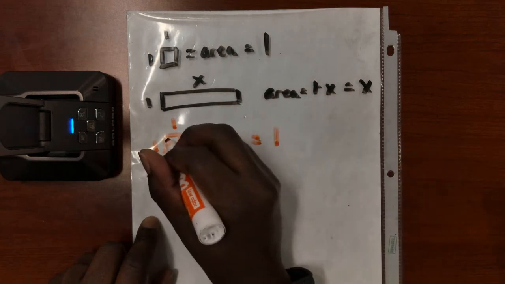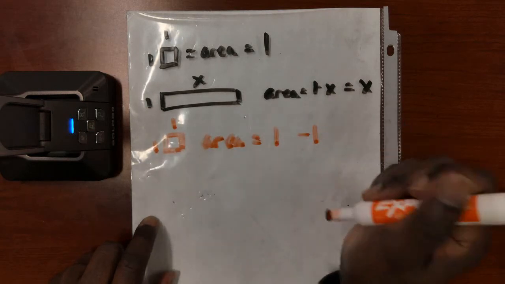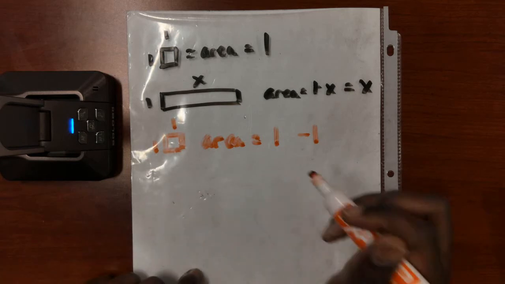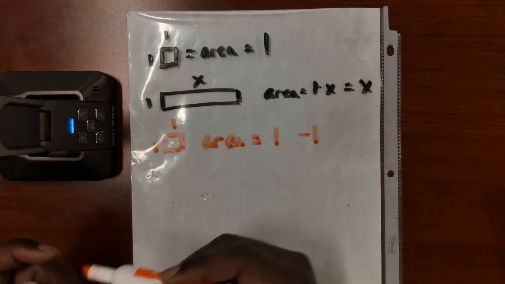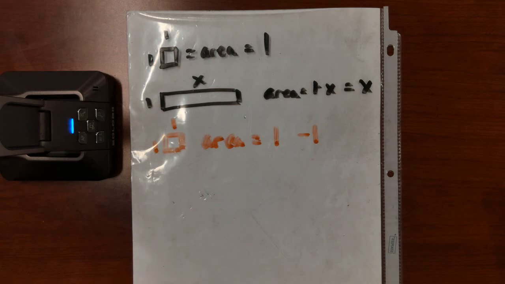But this is going to be our negatives. Okay, so it's going to be a negative 1. So orange is going to be negative, black is going to be positive. All right, so the first question asks you to sketch a diagram of algebra tiles that represent 2x plus